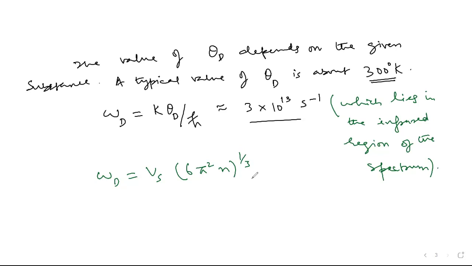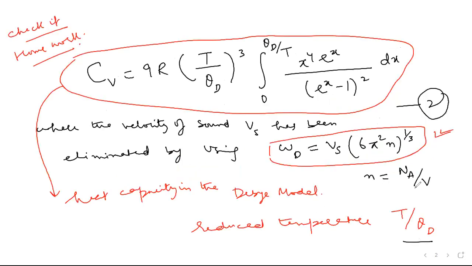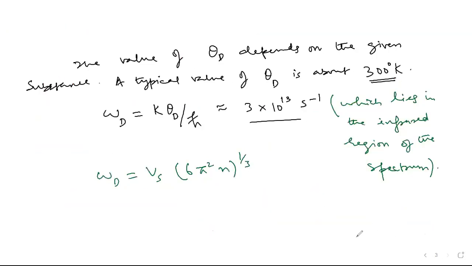I'm rewriting it. So when we do this, substitute the values for Vs equal to 5 into 10 raised power 5 centimeter per second,